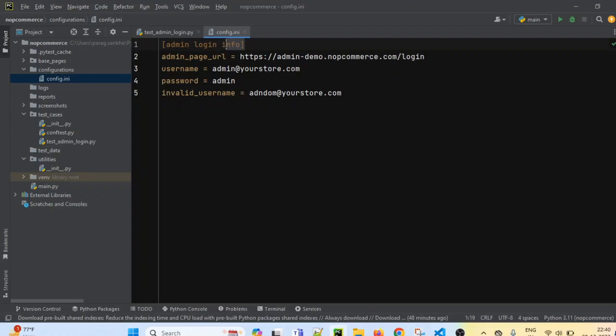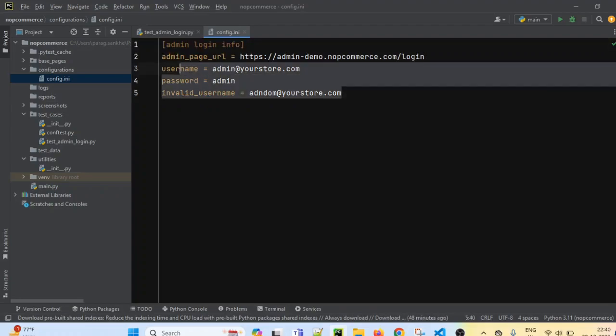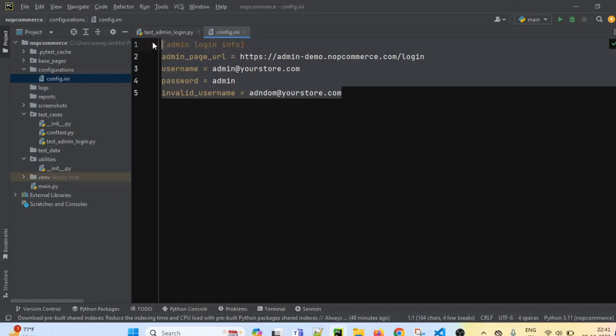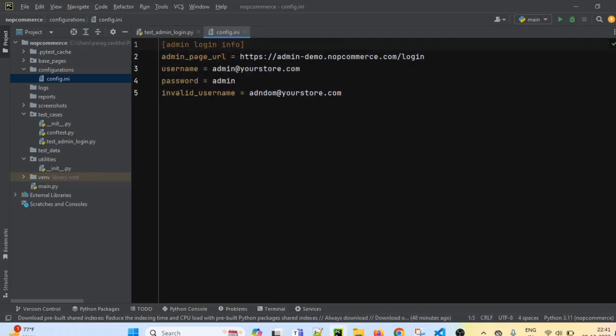So this is the section name, admin login info, which contains this common data, keys and values. Now we have created the config.ini file which contains section and values. So the first step is done.